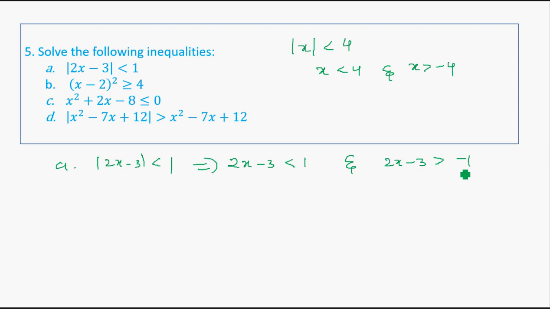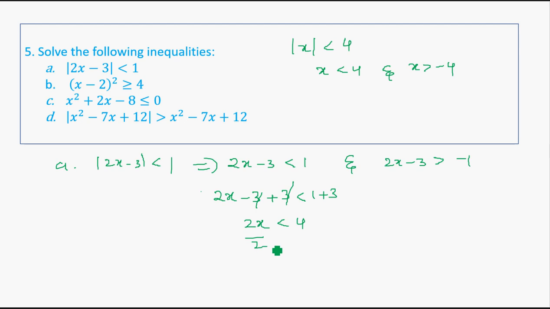You can't do that because it will lead to errors. So one thing we will do is keep adding numbers and dividing or multiplying numbers on both sides. We'll not be transferring numbers from one side to the other like that, right? So 2x minus 3, we'll add 3 on both sides because we want to cancel this 3. So less than 1 plus 3. So this will become 2x less than 4, right? Because 3 will get cancelled here and 1 plus 3 will be 4.